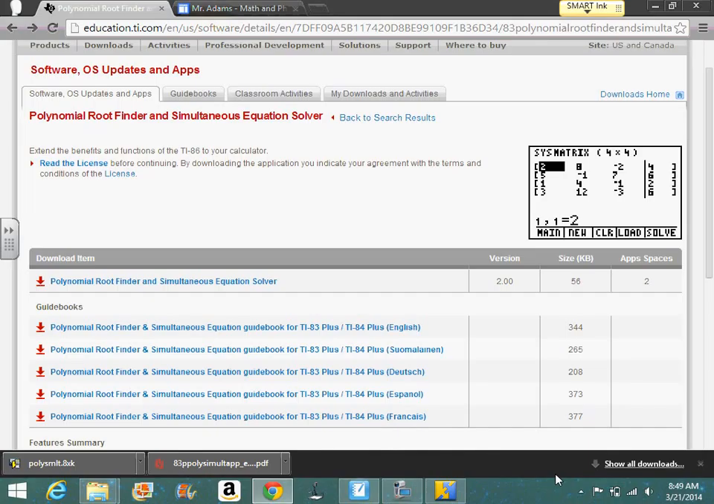Okay, so now it's installed on my calculator. Let me stop recording because we don't need any